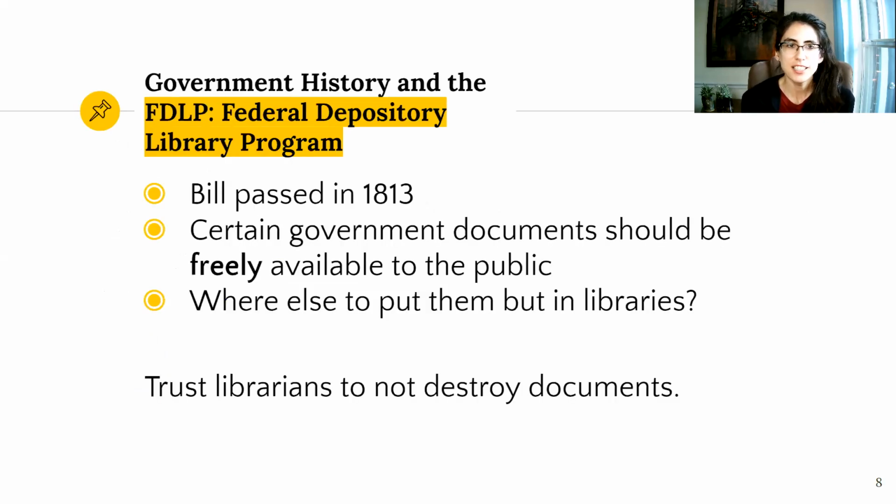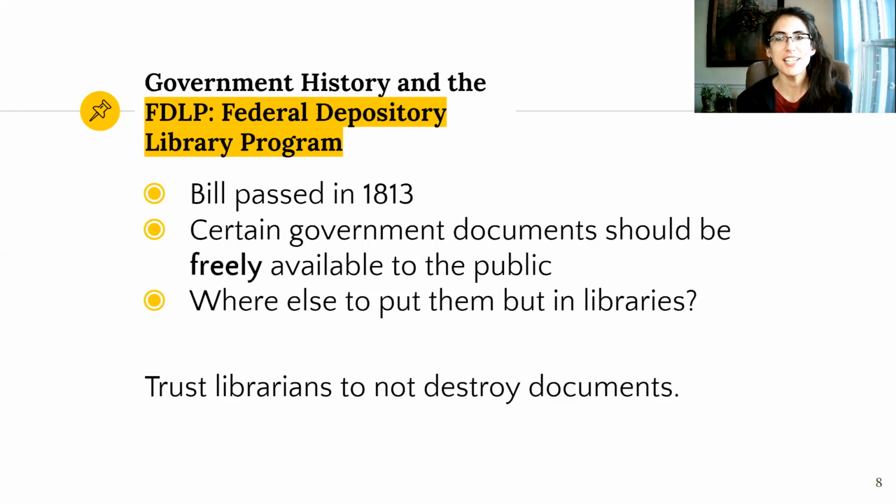What I want you to know about the history of government information is this thing called the FDLP, which stands for the Federal Depository Library Program. This was a bill passed in 1813 that said that certain government documents, which were a lot, should be freely available to the public. And where else to put them but in libraries?